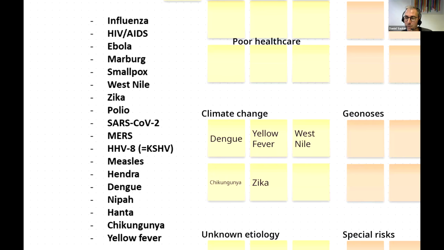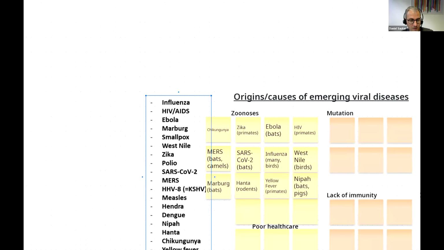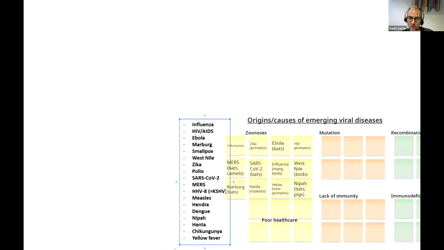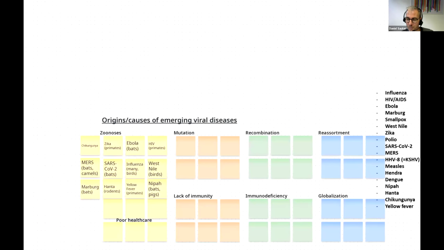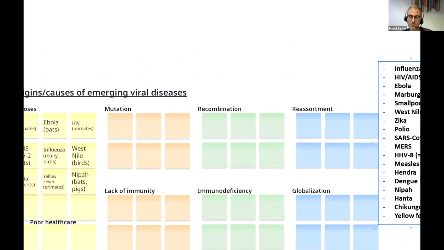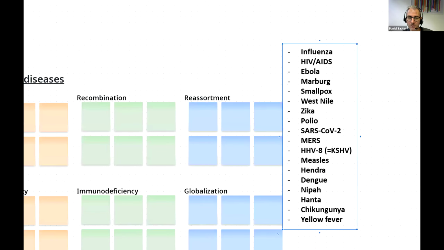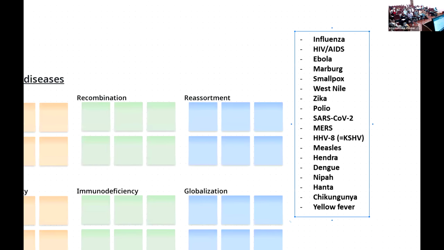Let's go. So it gets more difficult now. Let me zoom out for a second. Let's talk about reassortment and recombination. Which of these viruses can reassort or recombine or have recombined and reassorted? Any idea? Influenza. The first answer, influenza. For which one? Recombination or reassortment? Okay. Let's go for recombination.